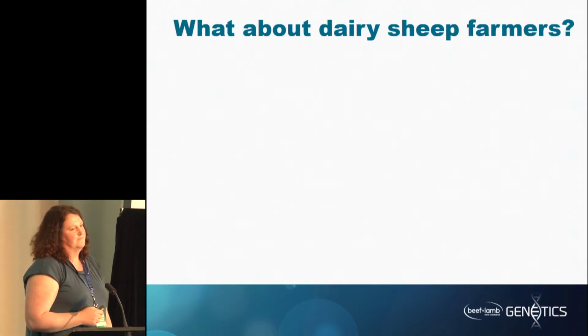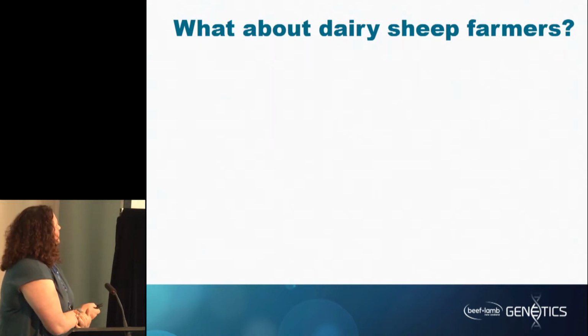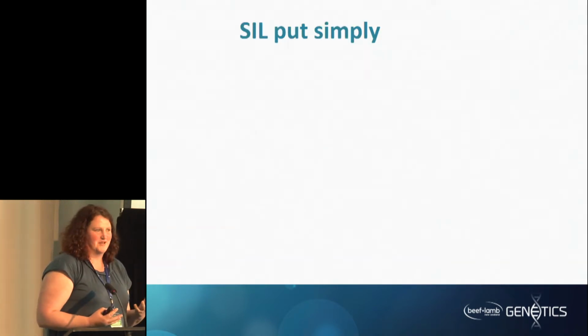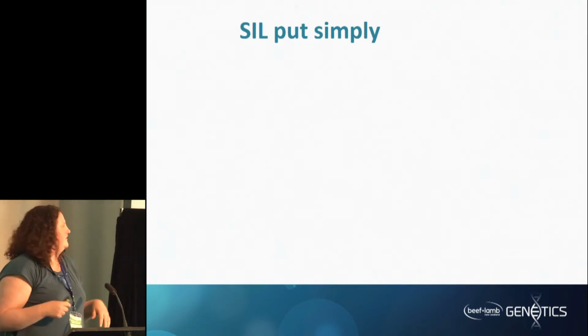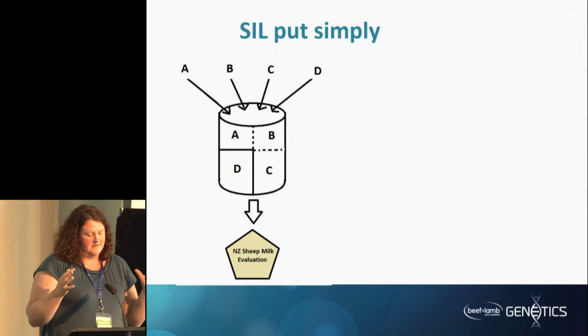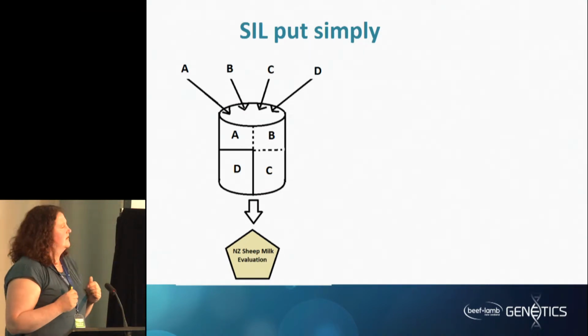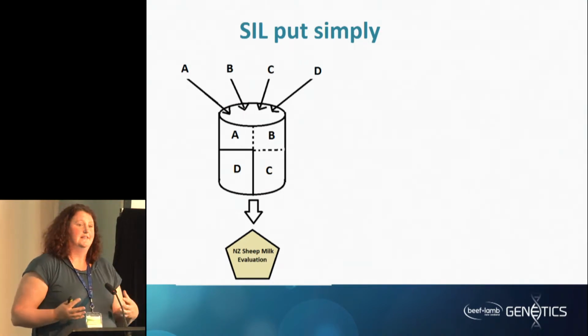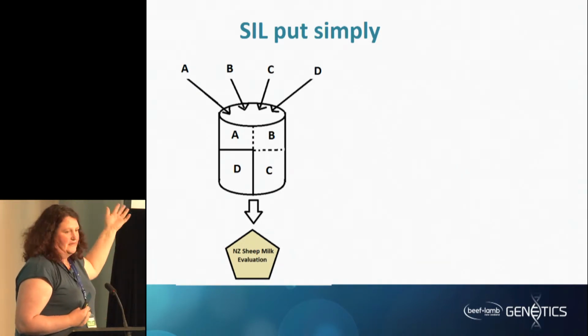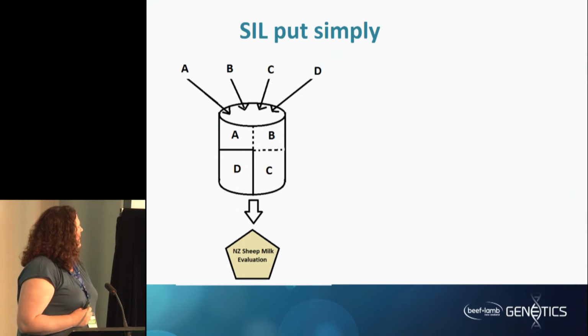What about dairy sheep? What can we do? What's available? I'm just going to describe SIL in simple terms. I think you just need to think about that as this diagram. Pretty much, if you consider the SIL database, or the Sheep Improvement Livestock Database, as a bit of a container for data, and with data flowing in from several flocks, from A, B, C and D flocks, I think what